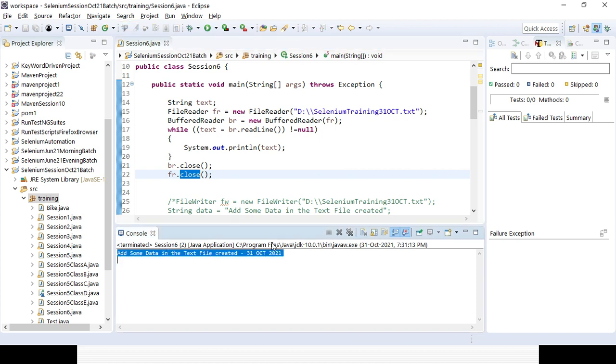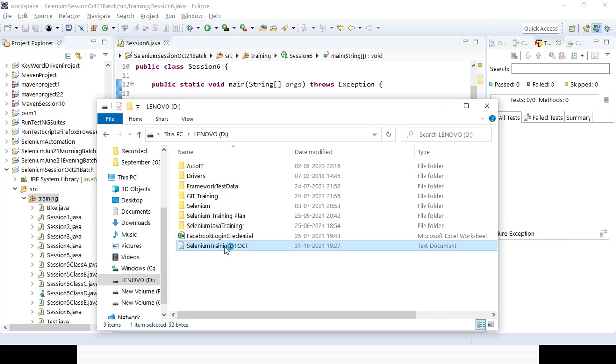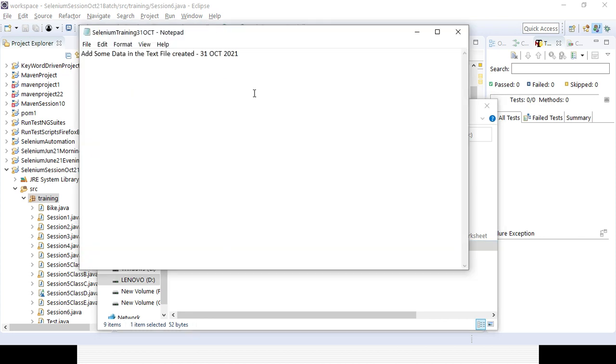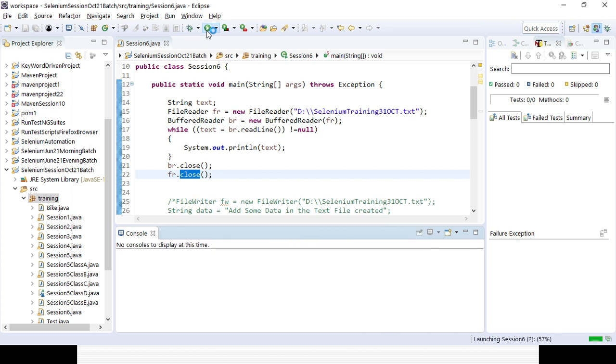Now you can change it, suppose Selenium training season 6. Now save it. Now if you run it again, you could see that it will be printed out again. So that is the way you can deal with files, you can read the file, you can write the data in the file.